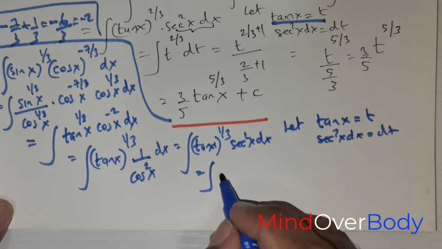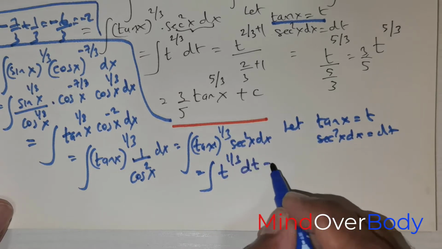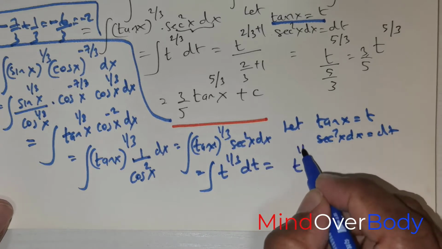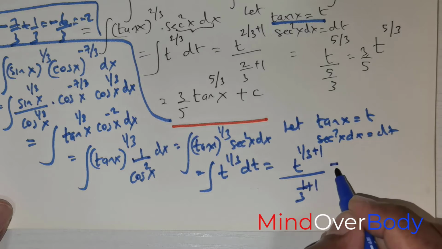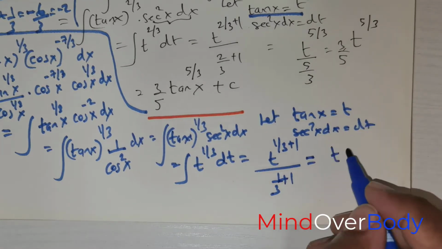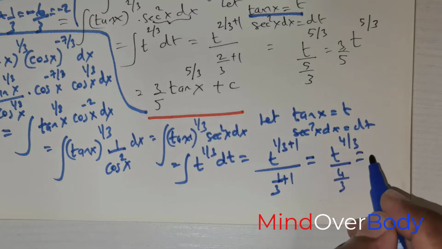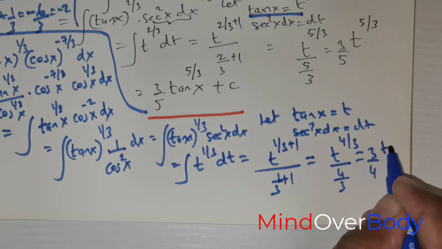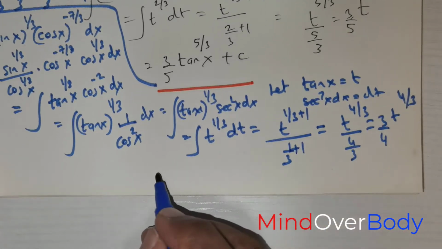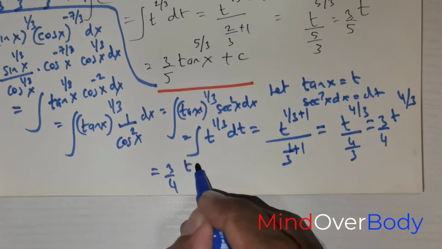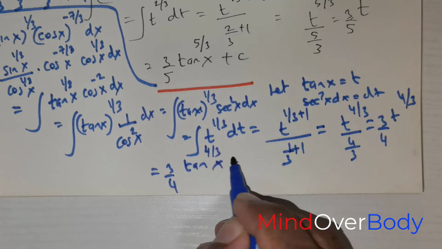I substitute for tan. This is going to be t raised to the power of 1/3, secant squared x dx is dt. I integrate this. I get t raised to the power of 1/3 plus 1 divided by 1/3 plus 1, which can be rewritten as t raised to the power of 4/3 divided by 4/3. I flip it. I get 3/4 times t raised to the power of 4/3, but my t is tan x, so this is going to be 3/4 tan raised to the power of 4/3 x plus c,